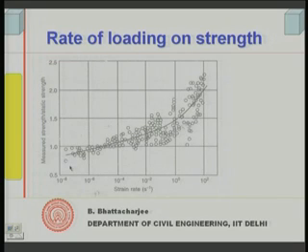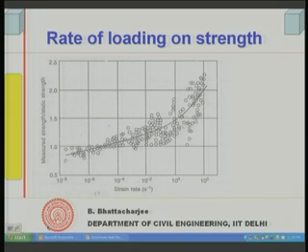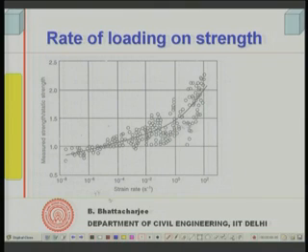A large number of specimens can be tested with a strain controlled machine, a servo controlled machine, controlling the strain rate. Most of our machines can control the rate of loading, though not necessarily all cube testing machines have rate control. Sometimes it is controlled manually, but that can give erroneous results, because the rate of loading is an important aspect of strength measurement of concrete. So, one has to maintain the specified rate of loading, which has been standardized by the code.